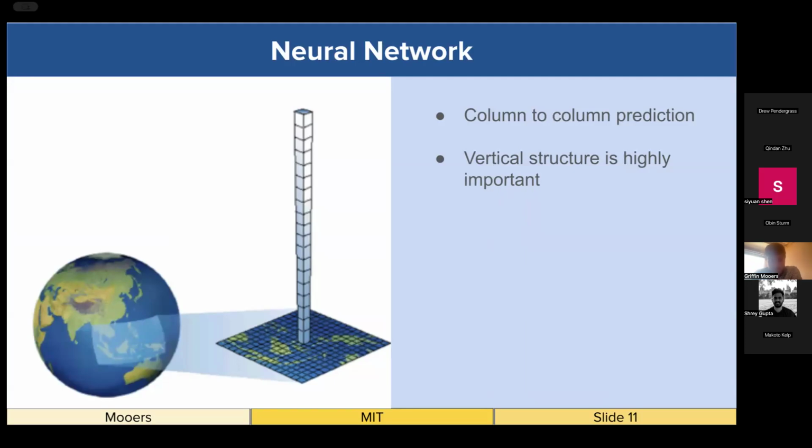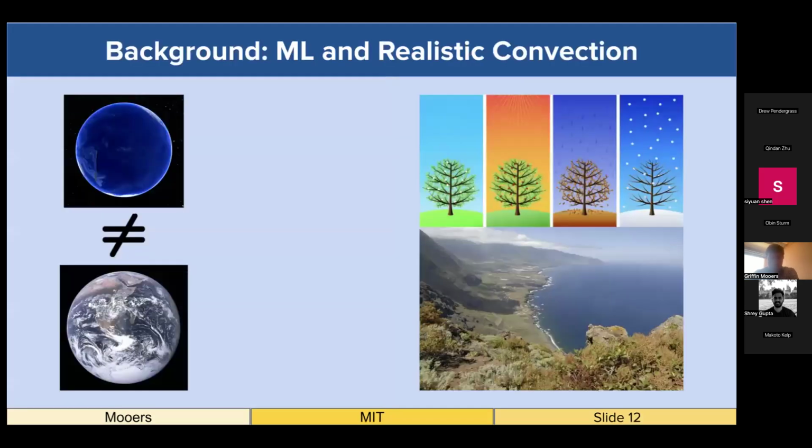Generally, I think the consensus within these climate models is that vertical structure is the important one to preserve. So what we'll do is feed the neural network these columns of this training data and have it predict the fluxes in the same column, all across the globe. And through enforcing this column to column prediction, we try to train the neural network in this real geography setup here,